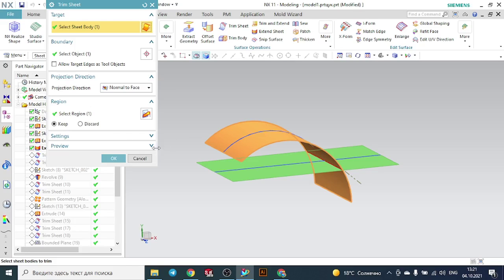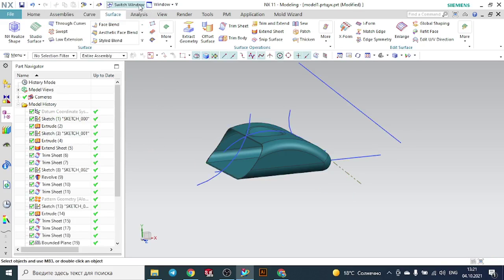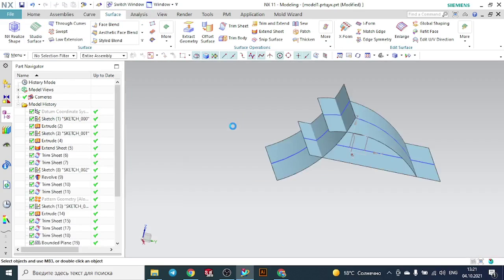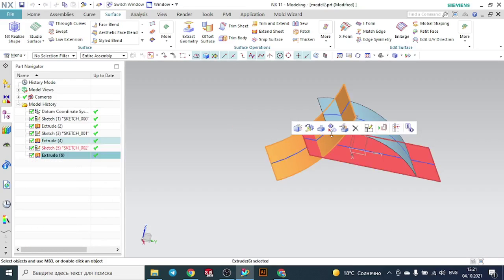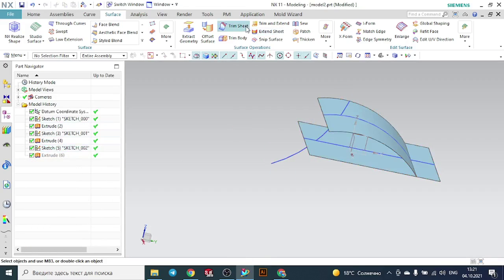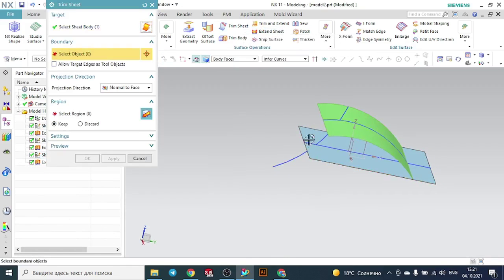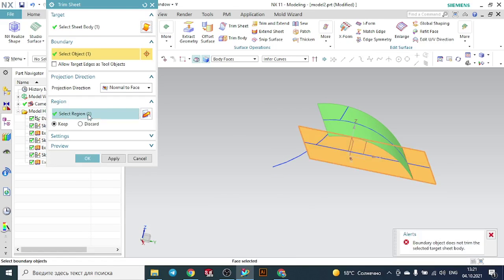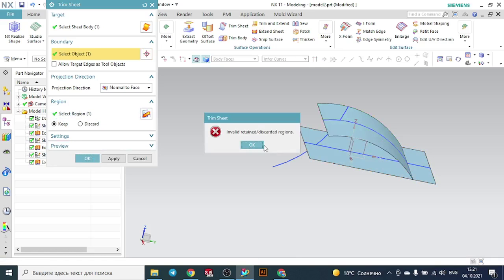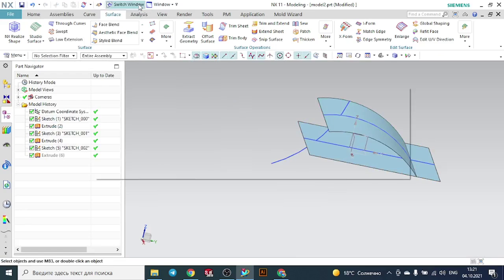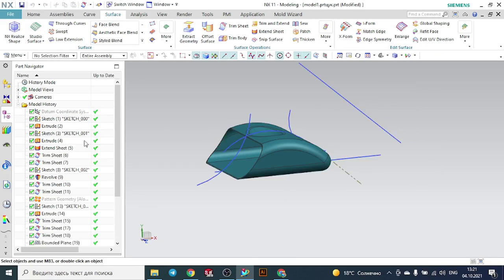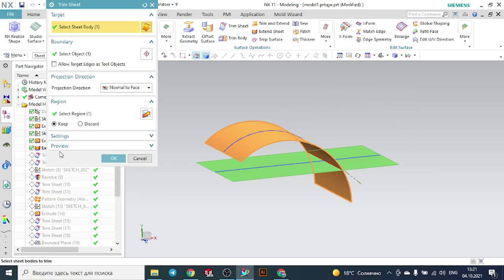Okay, almost the same, but let's hide this one for the beginning, and go to the trim sheet again, select this face as the target, and this face as a boundary, and press OK. No. So you can see again here we'll open the